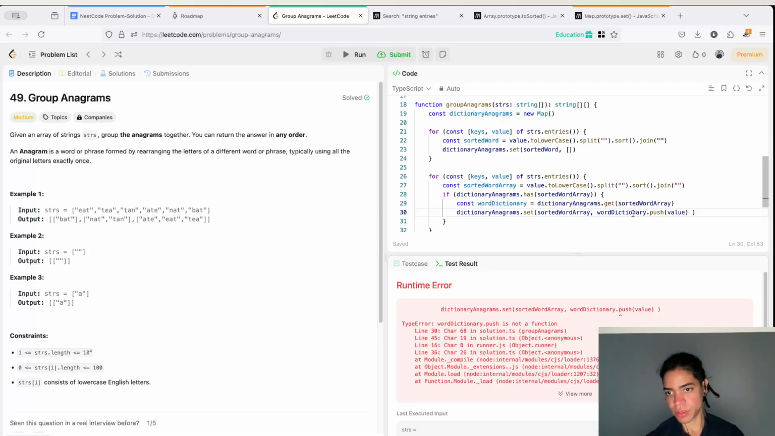You say word dictionary.push doesn't exist, push is not an... dictionary anagrams dot get of the sorted word, exactly, of the sorted word is value lowercase dot split sorted join, then join. Okay, and then dictionary anagrams dot set, I want you to sort a word here,